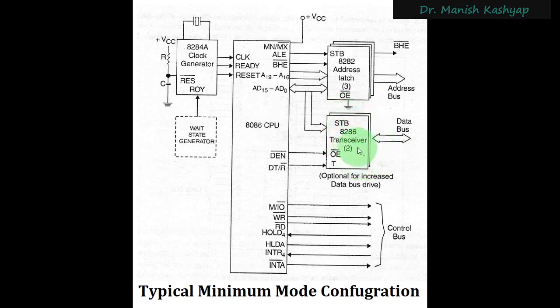Optionally, you can also connect this data bus directly to your externally interfaced memory and devices, but that's not suggested. This is an optional device, but more or less it is used frequently. The enable pin for this is DEN, data enable. This is passed to the activator signal of this IC, and whether you want to transmit or receive data, for that you have to give it one input. So this DEN will decide whether this IC is active or not in a particular mode of operation.